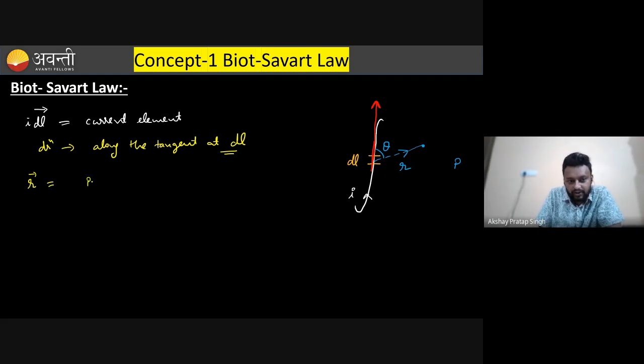This R is the position vector of the point where we want to calculate the magnetic field. I think this point is also clear where we want to calculate the magnetic field. This is that point. Now, according to Biot-Savart law, the magnetic field at point P